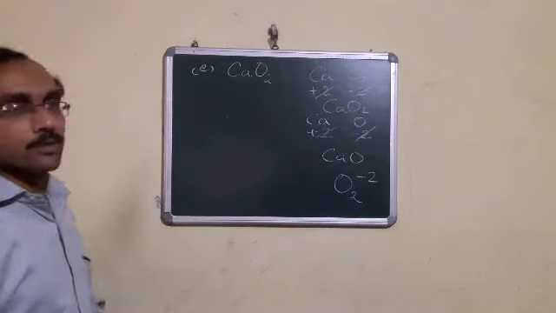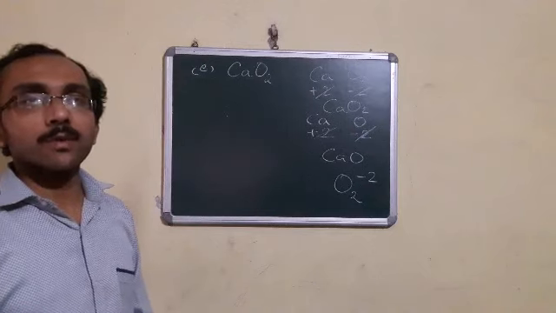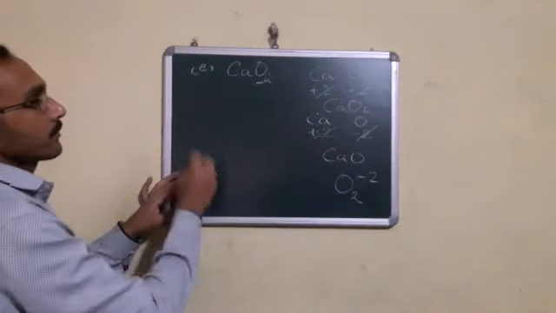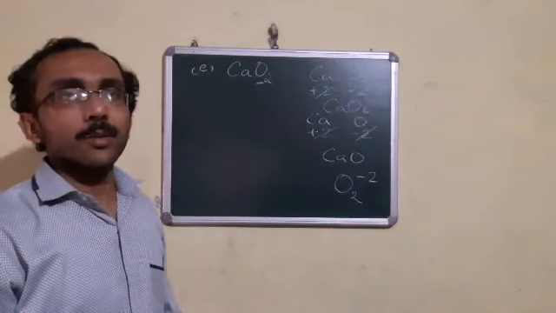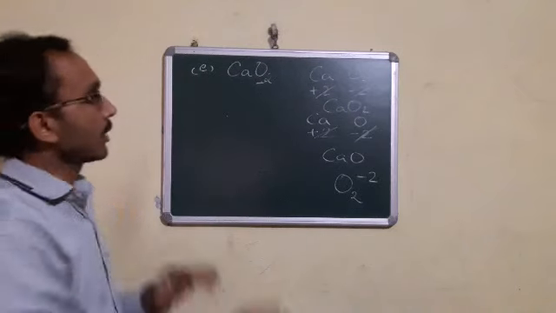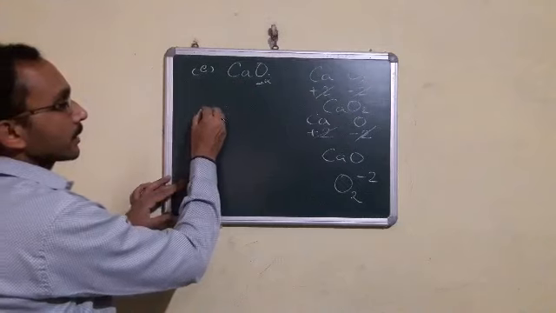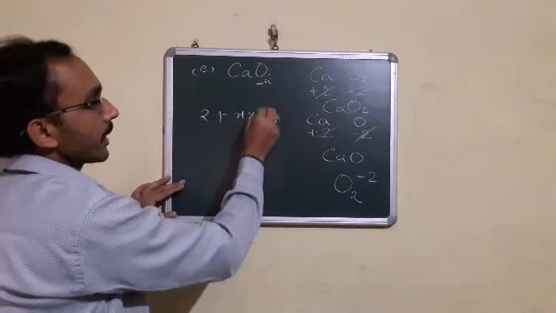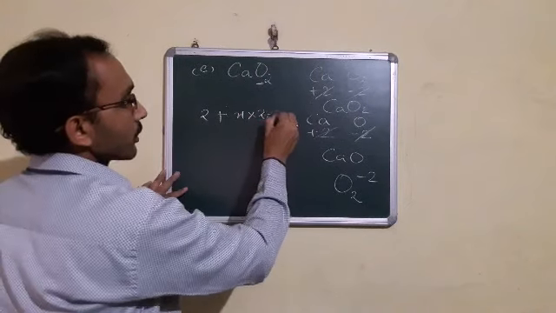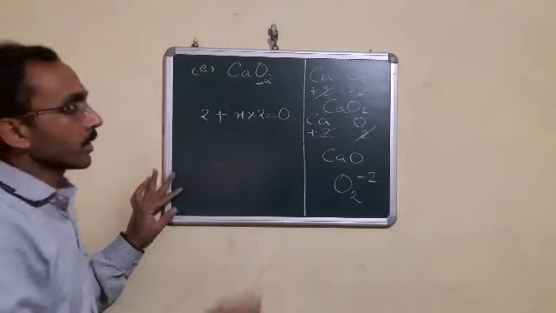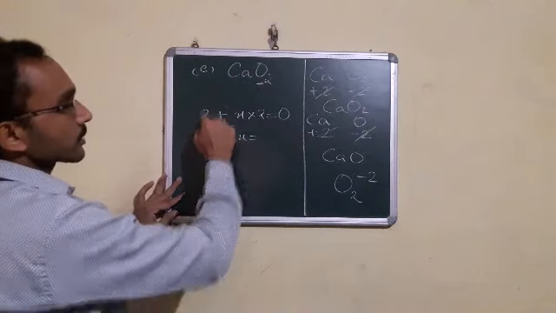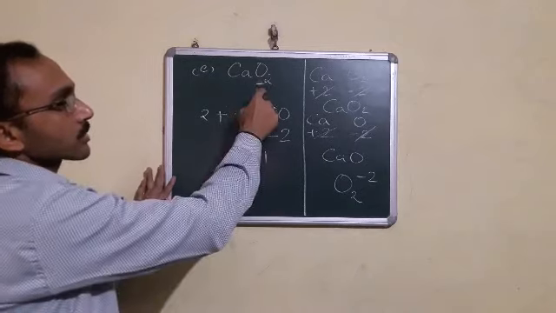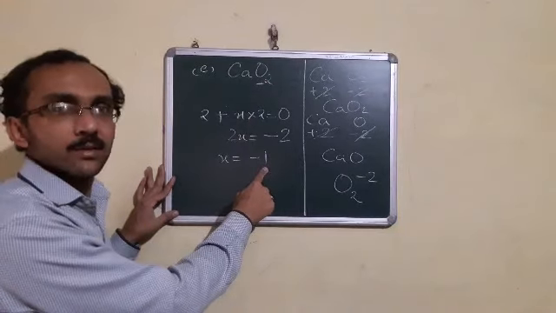Now I have told you in case of peroxide, the oxidation state of oxygen will be -1. We have to find the oxidation number of oxygen here. Calcium is in the second group. In case of the second group, the oxidation state of all the elements will be +2. So for calcium we write +2, plus oxygen we have to find, so we assume it as X multiplied by how many atoms? There are 2 atoms, is equal to total oxidation state 0. Now 2 into X, 2X is equal to, take this 2 to the other side, -2. So X is equal to -1. That means in case of peroxide, the oxidation state of oxygen is always -1.